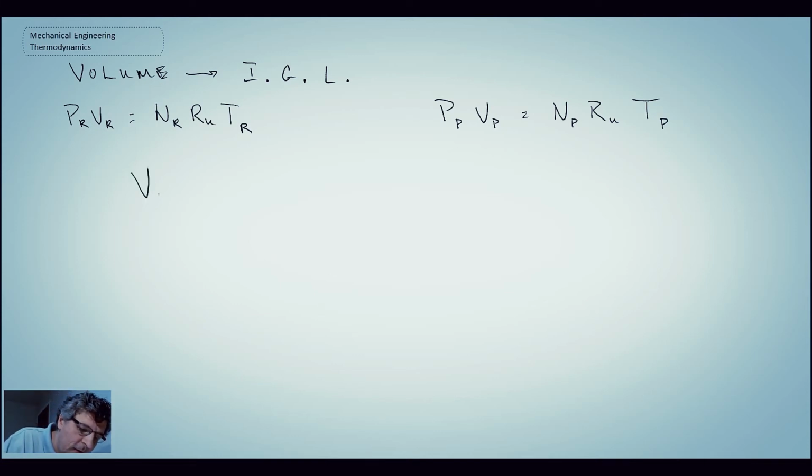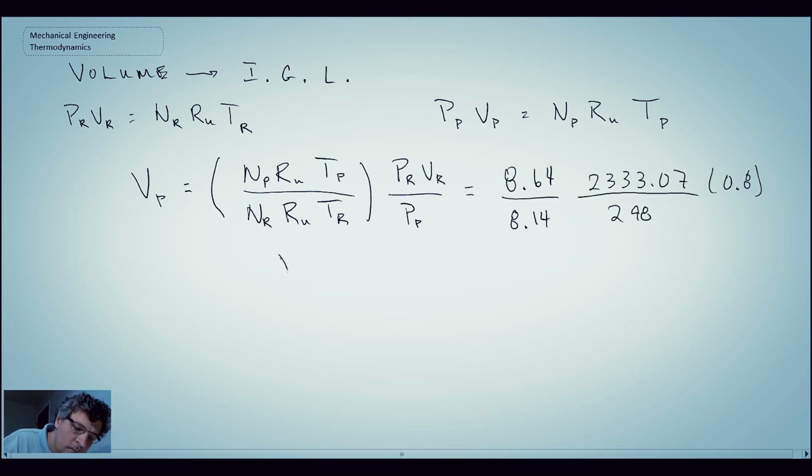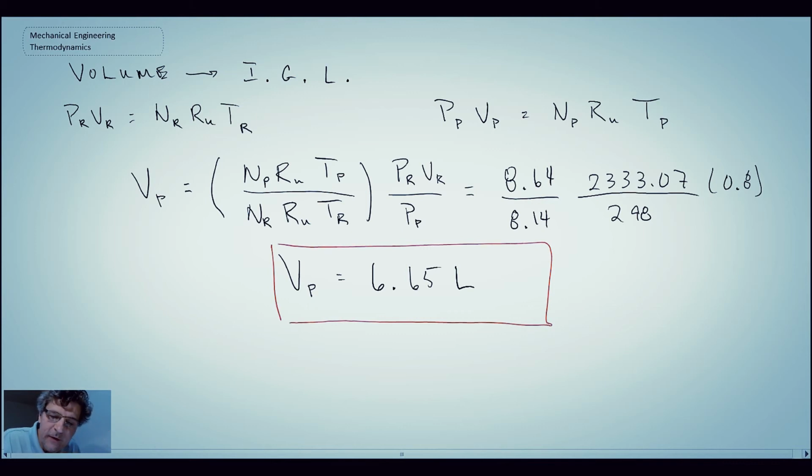What we can then do is we can isolate for the volume of the products. And what we find is that if we have constant pressure allowing our piston cylinder device to expand, we get up to 6.65. So we're going from 0.8 liters all the way up to 6.65 liters if we allow it